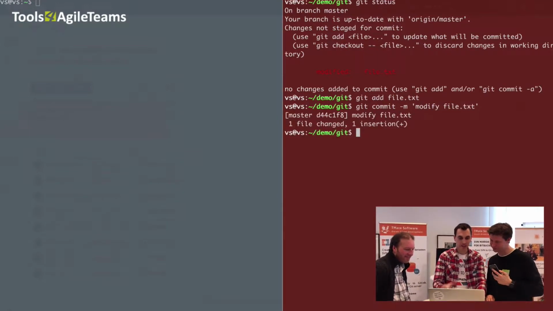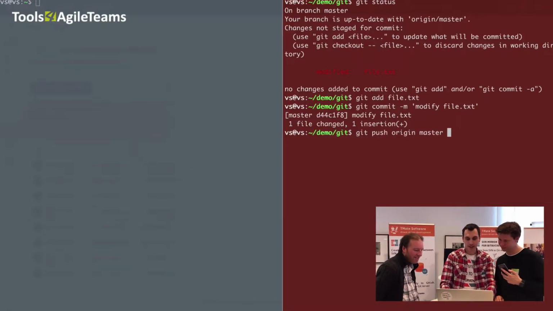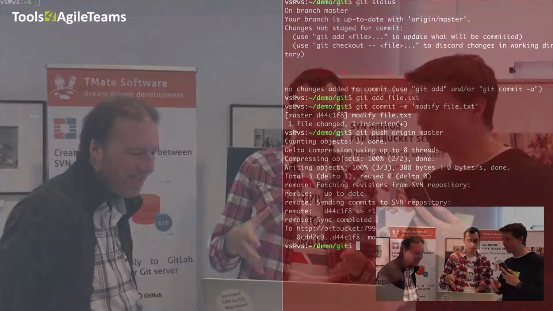File txt. Right now we have a commit, and then we push it to Bitbucket server. And at this very moment, the plugins. So what you could start doing, by the way, is there's